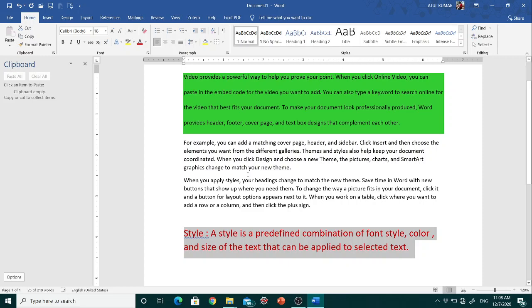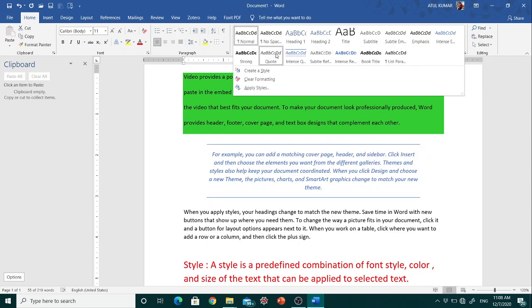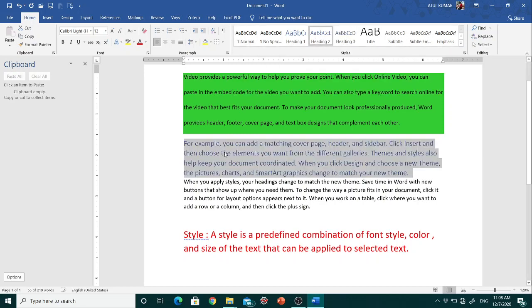a style on a given text, first you have to select the text where you want to apply the style, and here you can see different kinds of styles are available. Like if I want to apply this style, then your text looks like this style.